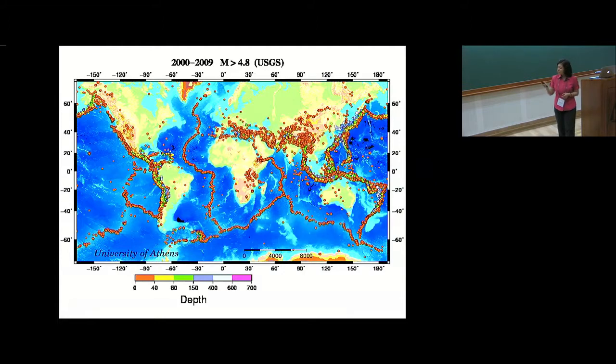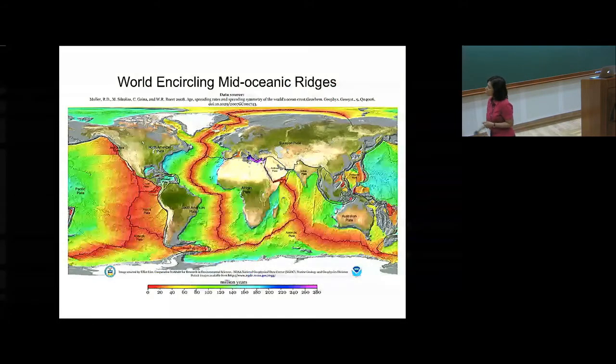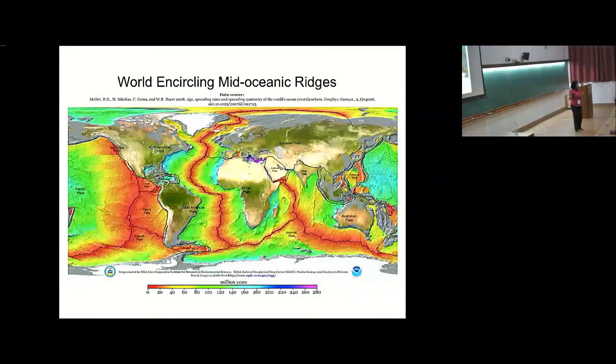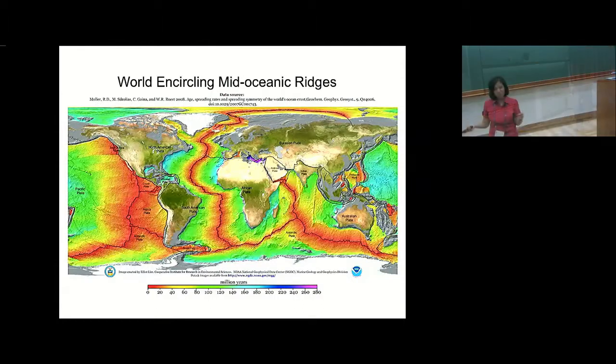Let's look at some other observations. Here I show you the ages of the rocks that make up the ocean floor. People have mapped the ocean floor pretty accurately, and as they have mapped, they have also dated the rocks lying on it. They have used a particular kind of radiometric dating called potassium-argon, because you find a lot of potassium in the rocks on the ocean floor, which